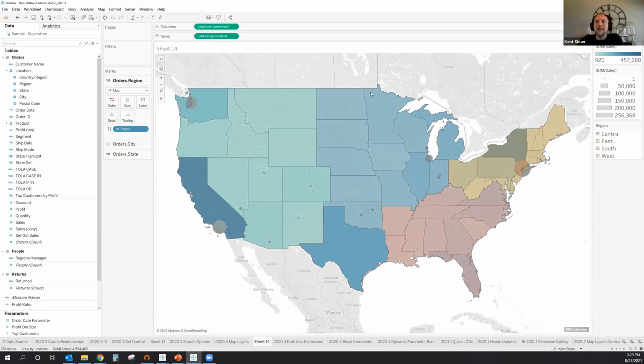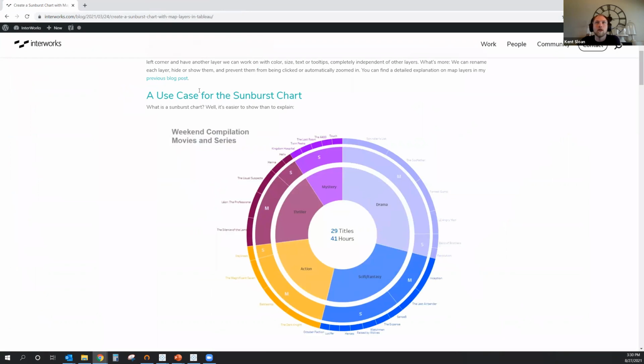So the idea is now we can keep layering multiple sets. I could, for example, also have a map with 2 sets of cities. So I could have 2 of the same type of geographic field overlaid in the same map potentially. And then if we keep going with this one, we aren't necessarily tied to just maps. One I'll pull up here as an example from a blog post from one of my coworkers is you can use the same approach to do things like a sunburst chart.